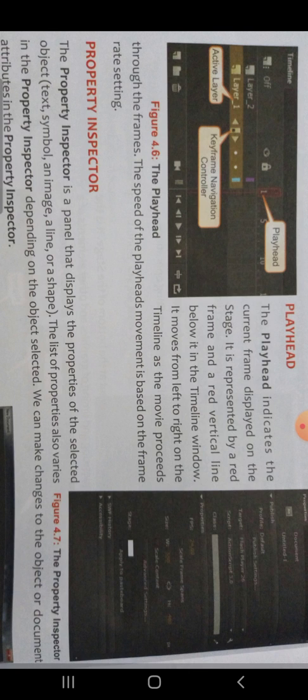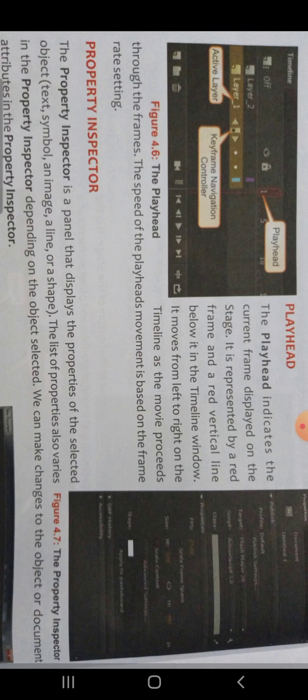It moves from left to right on the timeline as the movie proceeds through the frames. The speed of the playhead's movement is based on the frame rate settings, that is, we can set the speed of the frame.